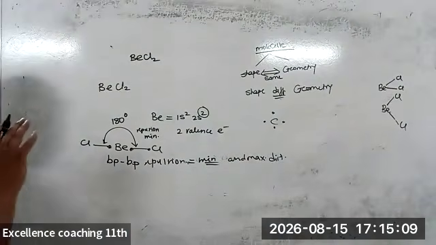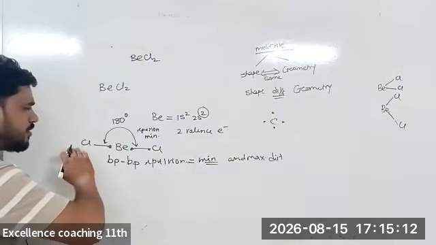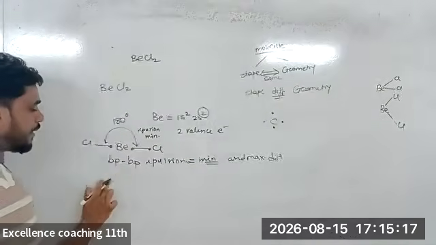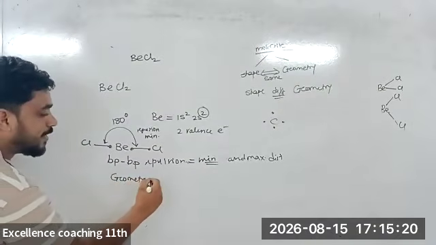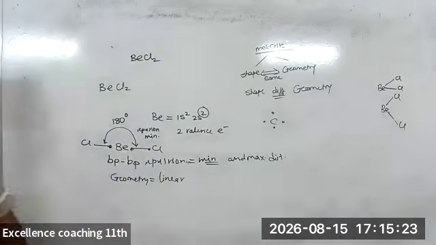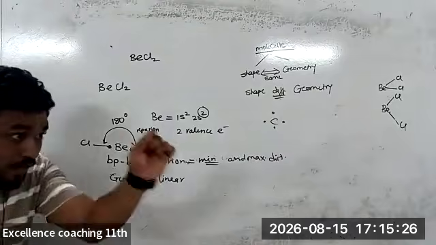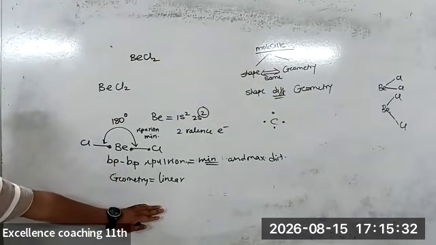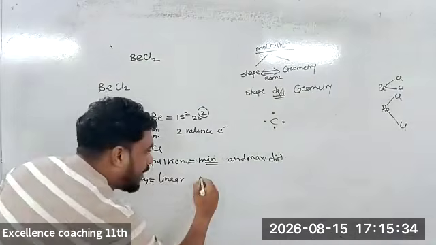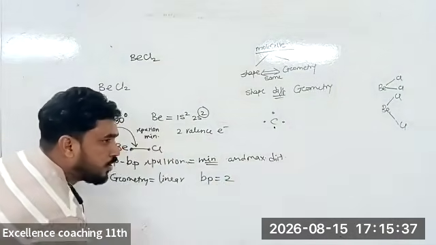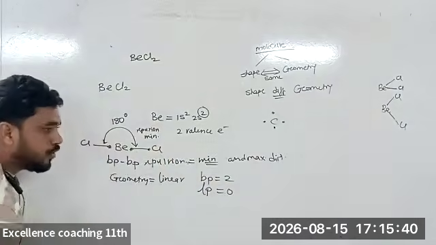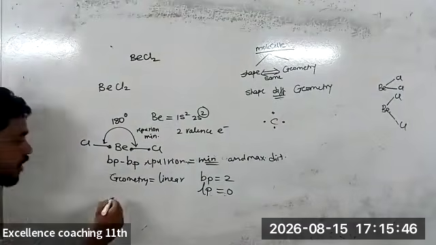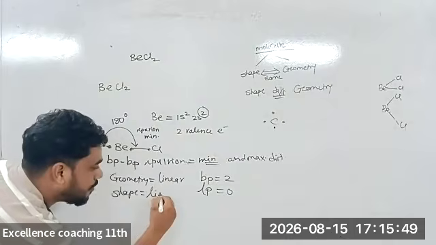Okay. Now, the next information I will write, because this is geometry and structure. This one is linear. So what is the geometry? Linear. Why is it called linear? Understood why it is called linear? The first geometry I am explaining is a very simple example, called linear. In this linear geometry, how many bond pairs do I have? 2. How many lone pairs? 0. So whenever lone pairs are 0,